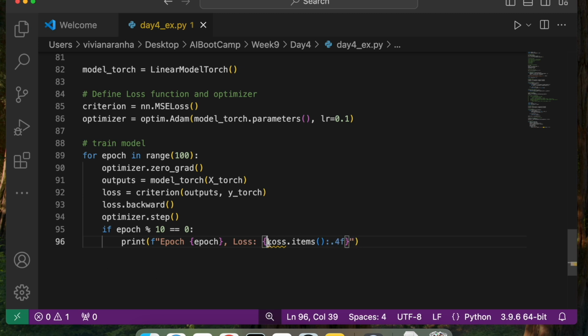Perfect. And this is not capital, this is small, based on the loss. Perfect. So I have this.